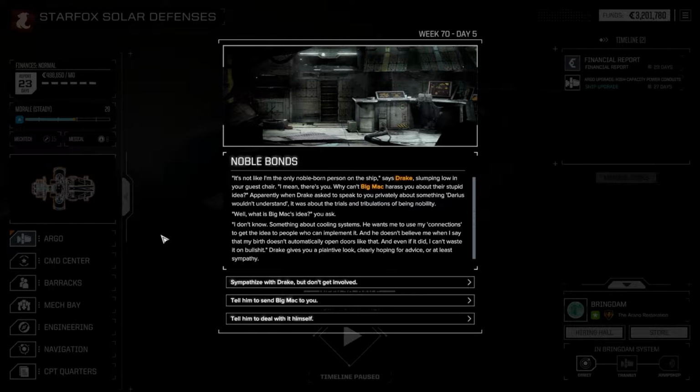Job's done, Commander. Oh, Noble Bonds. It's not like I'm the only noble-born person on the ship, says Drake, slumping low in your guest chair. I mean, there's you. Why can't Big Mac harass you about their stupid idea? Apparently, when Drake asked to speak to you privately about something, Darius wouldn't understand. It was about the trials...